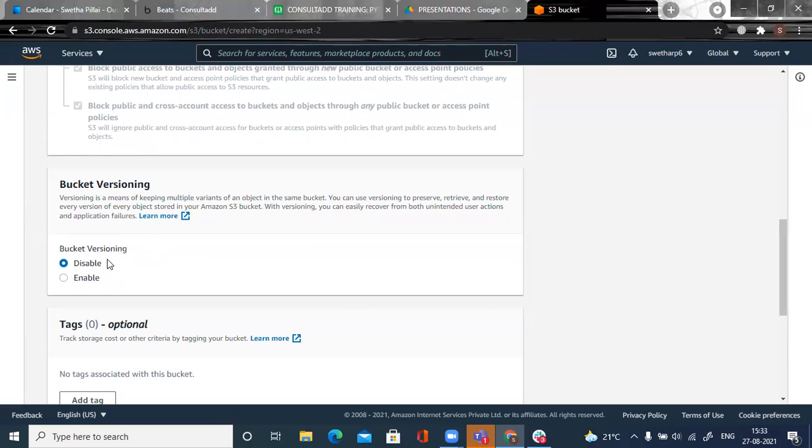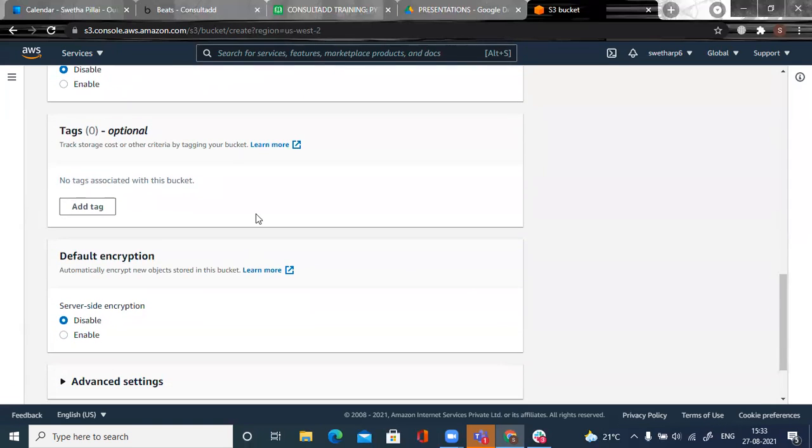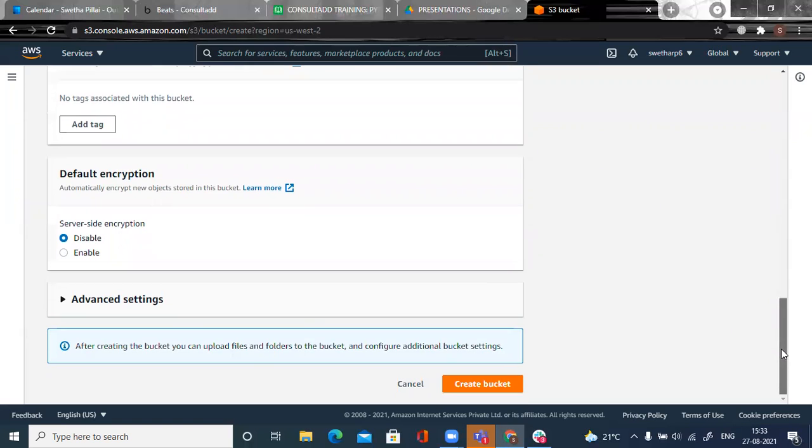Bucket versioning. Okay, let it be like this. Let it be disabled as of now. I'm not going to enable it now. Then there is something like tags, which is again optional, so we can avoid that for the time being. Then what we have is encryption. By default it is disabled, so yes, we can just leave it as it is. Okay, then what we can do is click on create bucket, and we'll get to know